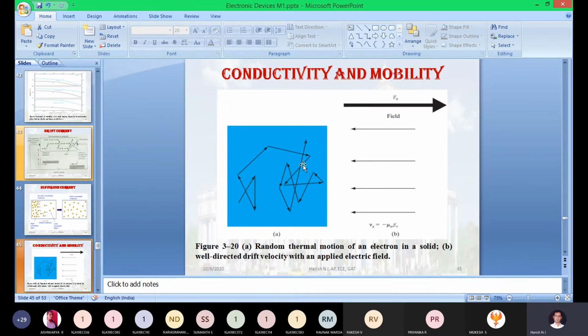Normally, generally we can call it a summation. But the 30,000 electrons will be moving in one direction, and the 10,000 will be moving in another direction. When you do the addition or summation operation of these two, only 30 minus 10 will come into the picture because they are opposite in nature. So the remaining is 20,000 electrons.